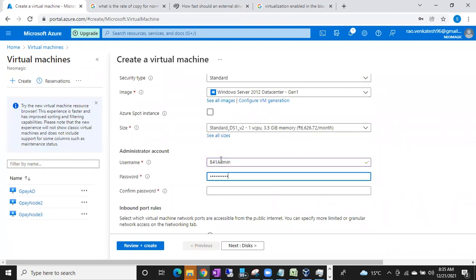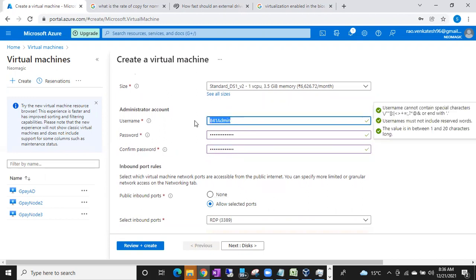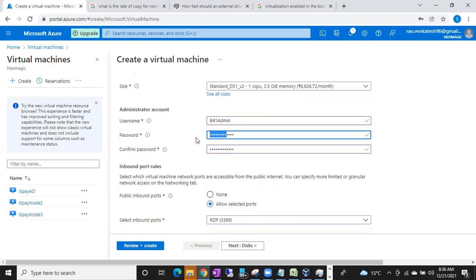Password: choose one strong password. Throughout the practice, we are going to use this password: minimum 12 characters, one capital, one small, and numbers. So choose a strong password. Don't use different passwords in different scenarios; you will be confused about which scenario used what kind of password. If you are able to note it down somewhere, note it down. But I prefer you create one strong password and use that same password throughout the training. Right, I gave the username and password. By using this username and password only, I am going to log into the Azure VM.